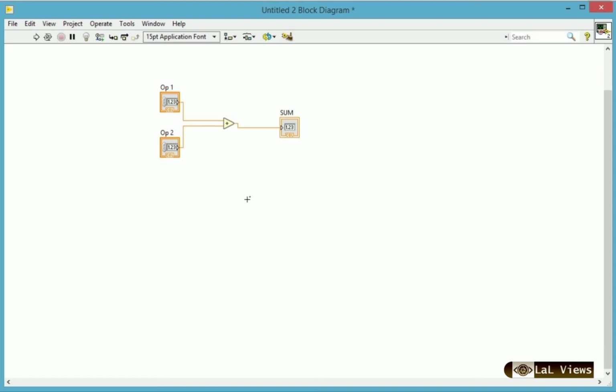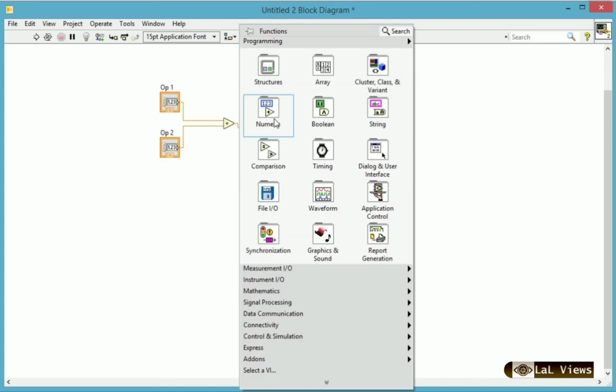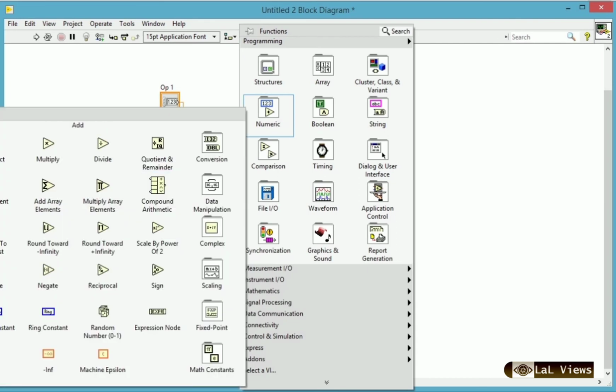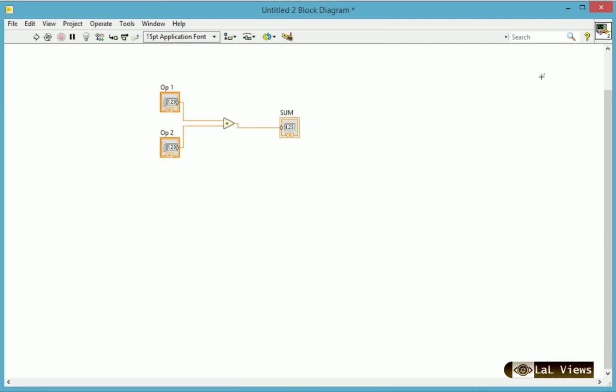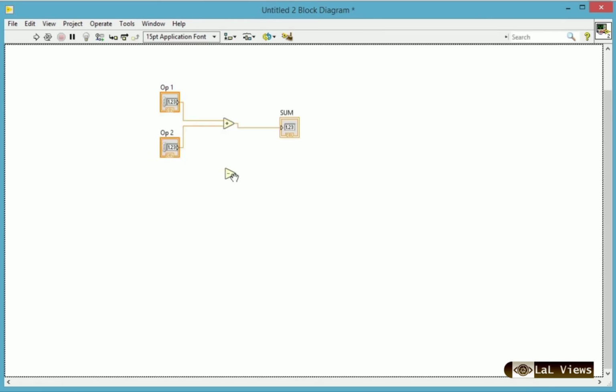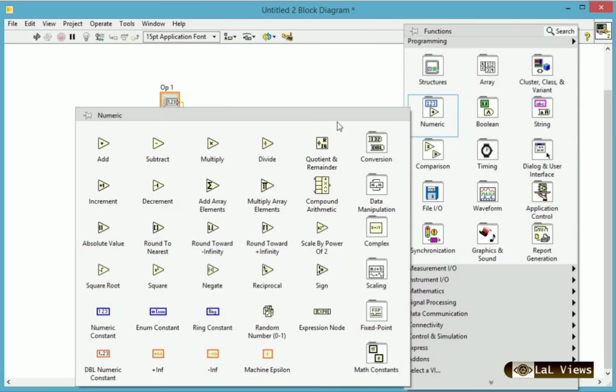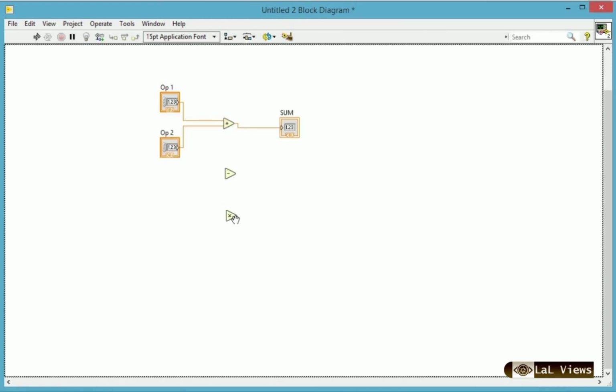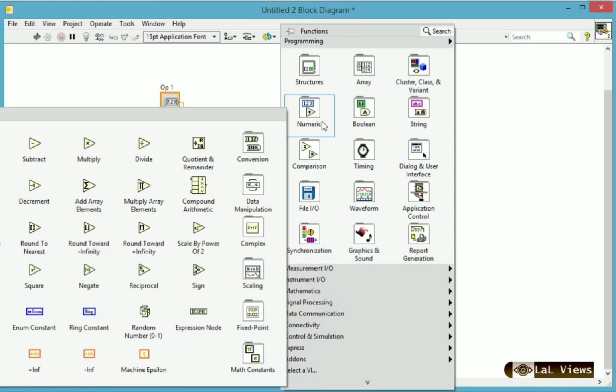So let us select the numeric, then subtract here, then multiply here, then divide.